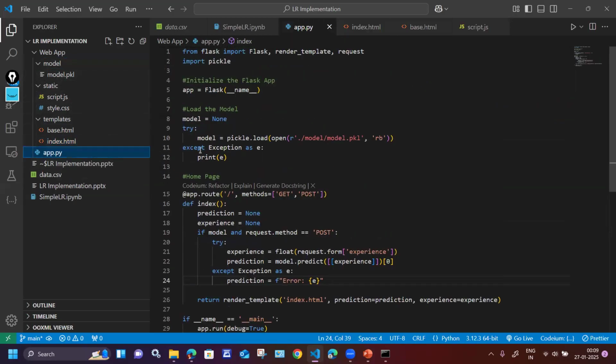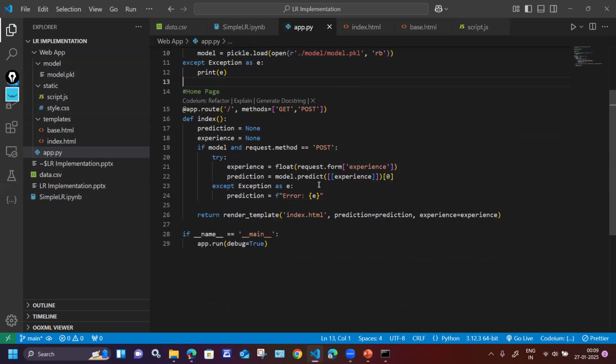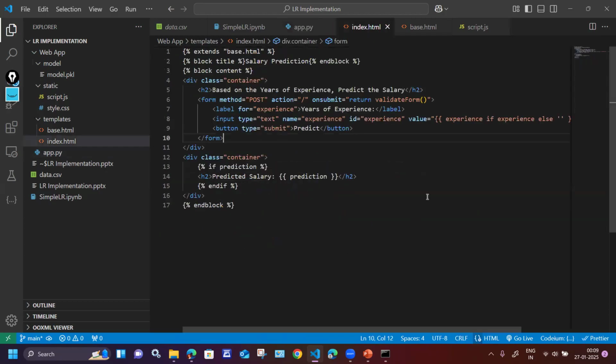Here we are loading this model and using this model, whatever the form value we are providing, that form value we are passing to the model, we are getting the prediction, printing the prediction. That's it. Now let's understand the mathematics, how it is doing these things. Okay,